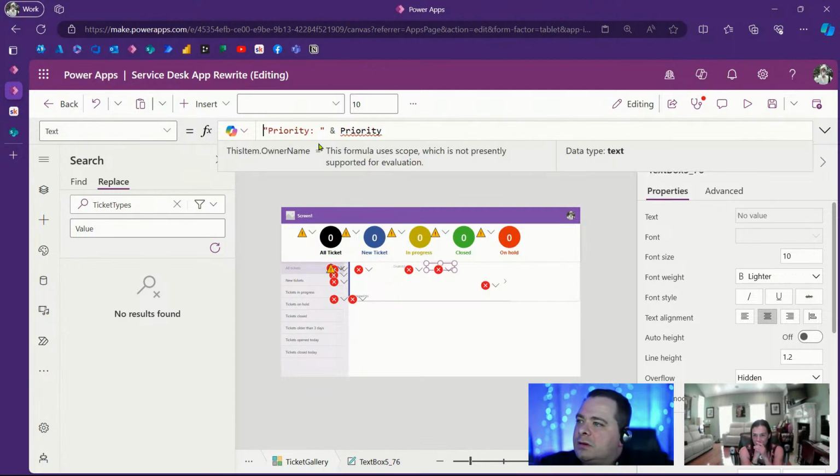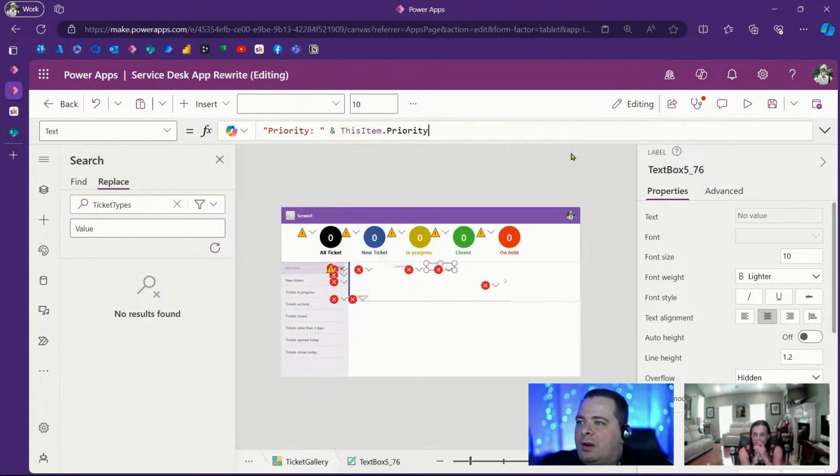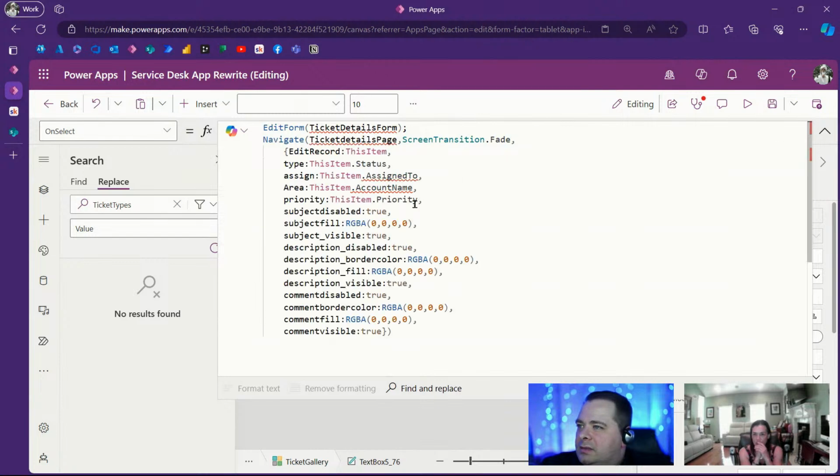And I'll just go into all these little measle things here, and I will type in this item dot priority. So I'm going to get that right there. Make sure there's always a space before and after your operators. It's not required by the language syntax rules, but it just makes your code more readable, more maintainable. And look at this. We have,